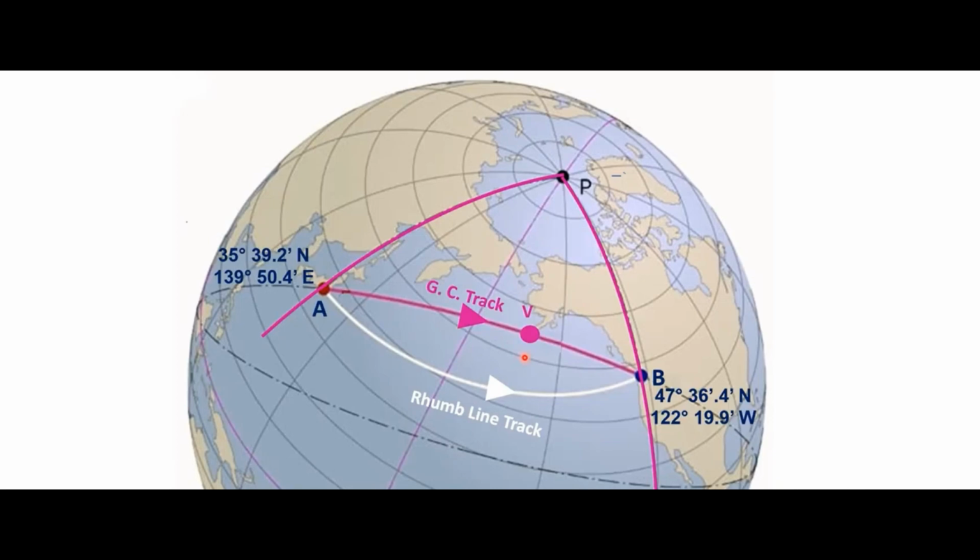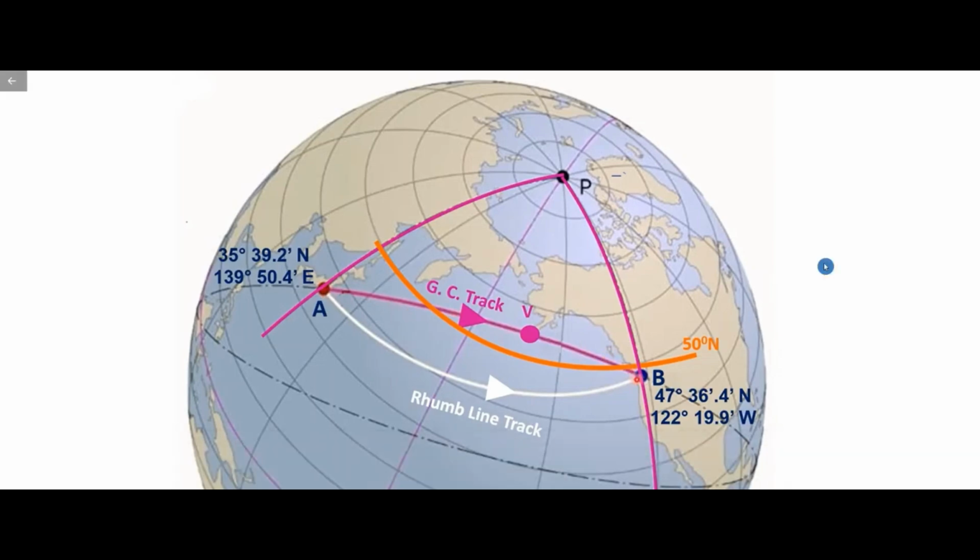Now, this could be one reason, or there can be other contributory factors also, which may force a vessel to decide on the highest latitude that it would not like to cross during her voyage. The highest latitude that the vessel would like to reach and not cross is referred to as limiting latitude. Let us say, factoring in all the requirements, in our case, let us say we decide to limit the latitude to 50 degrees north. Here comes the parallel of latitude of 50 degrees north. And now obviously it's very clear that the vessel cannot go from A to B along the GC track because